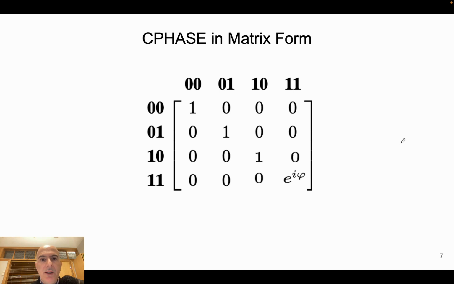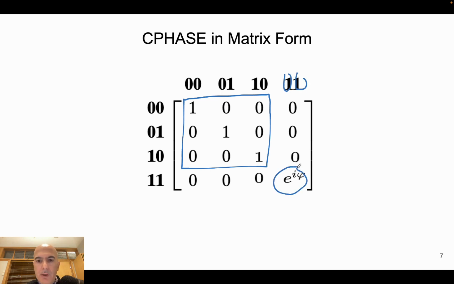We can also write the CPHASE in matrix form. As you can see here, if we have a 2 qubit system, we have an identity matrix for the first 3 states, and then when both qubits have the value of 1, we actually apply the phase. Right. So this can be identity and then a rotation only when the qubit is equal to 1, or it can also be just the combination of identity, and then this is also, remember, the CPHASE QPU instruction